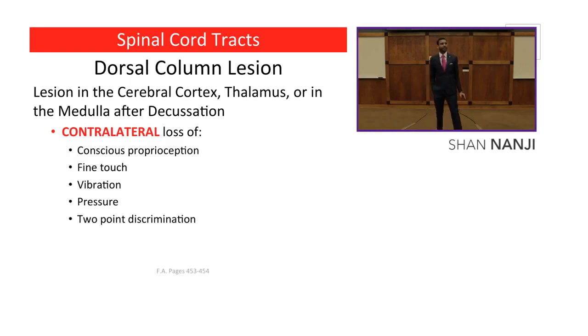Every time I say pain and temperature, you say spinothalamic. Every time I say anything else, you say dorsal column. So conscious proprioception, dorsal column. Fine touch, dorsal column. Vibration, dorsal column. Pressure, dorsal column. Two-point discrimination, dorsal column. But if I say pain and temperature, you say spinothalamic. Because we're talking about the dorsal column, we're talking about conscious proprioception, fine touch, vibration, pressure, and two-point